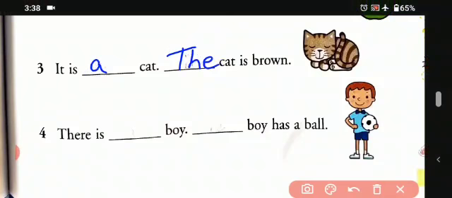There is a boy. Okay. And the boy has a ball. So we'll be writing here the ball. Okay, students. So this is how we have come to the end of part 2 of this chapter. I hope students you have understood the